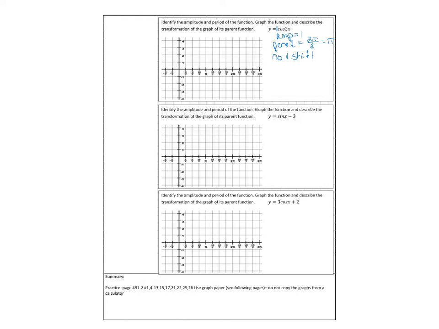Then we think about our midline, and again, that's using the vertical shift as well. So what number is added or subtracted to the equation? No number that we see, so we know our midline is going to be the x-axis, or y equals 0. And then the last thing is to think about the horizontal shrink. And in this case, our horizontal shrink is 1/2,